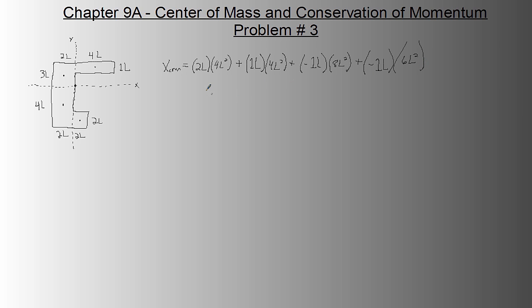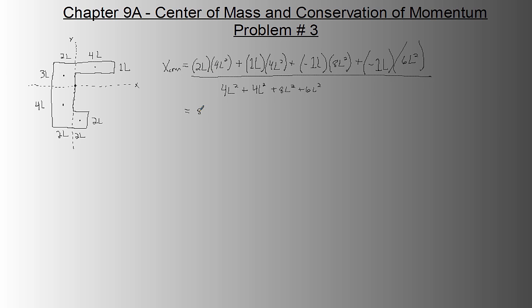Alright, and we're going to divide that by the sum of the masses. So basically this plus this plus this plus this. So 4L squared plus 4L squared plus 8L squared plus 6L squared. So this turns into